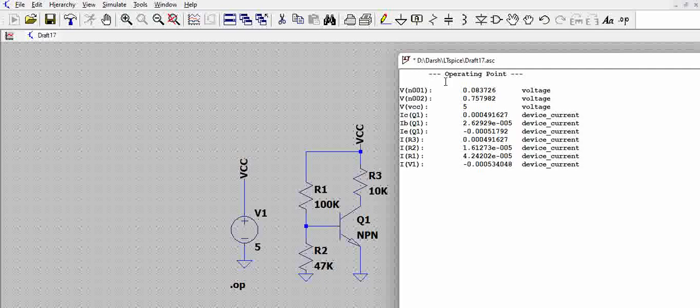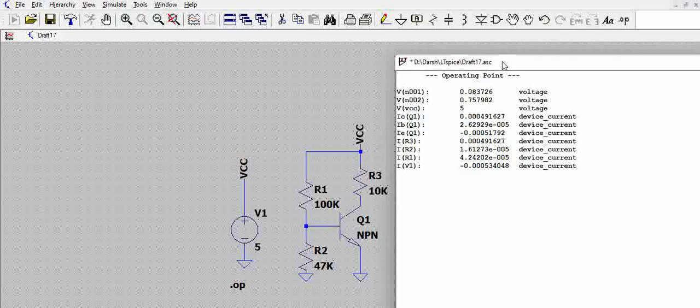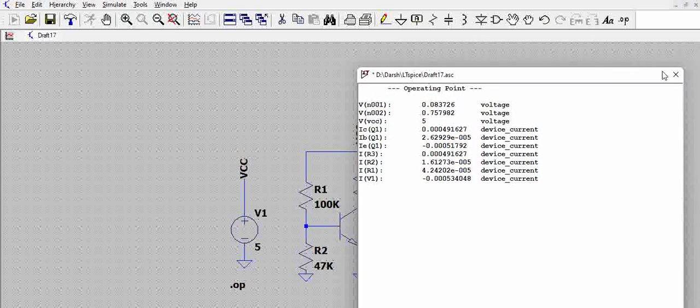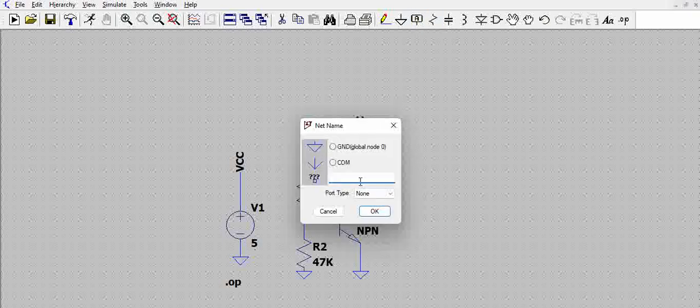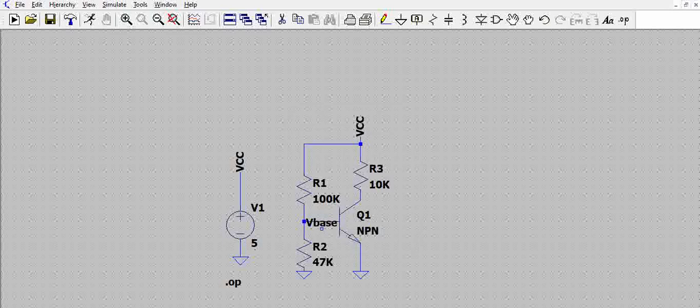So now with this it's very difficult to see what is what, right? So generally for this, what the designers do is they use labels, net labels. Okay, but suppose we want the base voltage of the NPN. So you can have it here, which is a base voltage here, and then if you want to have the voltage here,